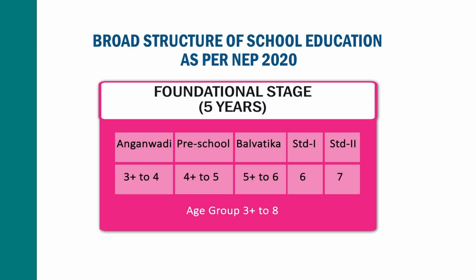So it starts from the age group of 3 plus and continues till the age of 8 at the foundational stage. And here you will find the pedagogy is something different, activity-oriented, child-centered pedagogy. At the same time, how to involve the child in the world of activities, the world of work, how to develop interpersonal relations, how to develop communication skills, how to express themselves, how to exhibit themselves. So different types of rhymes, different types of demonstration, role play. They will be involved in many activities, dramatization.